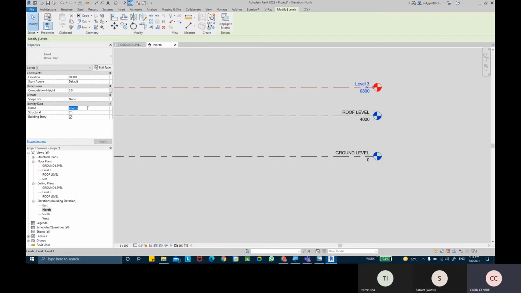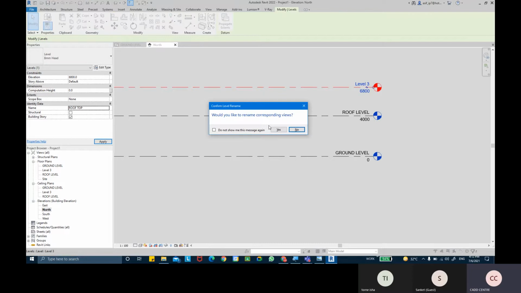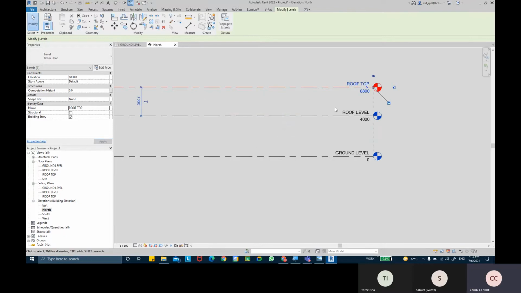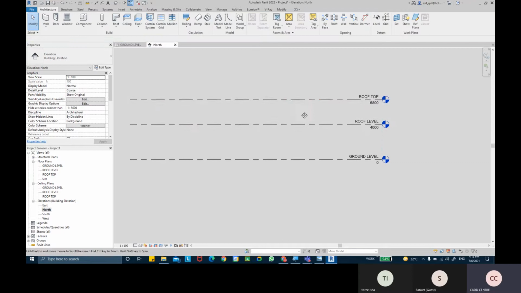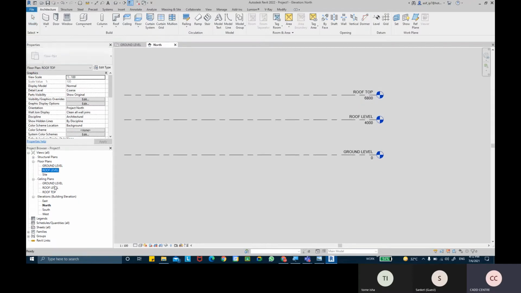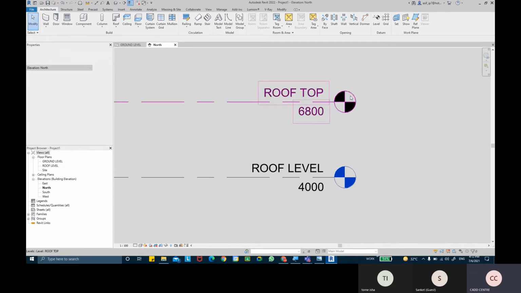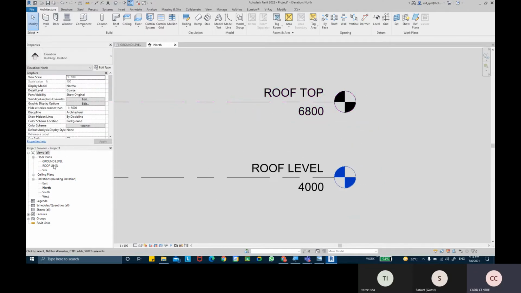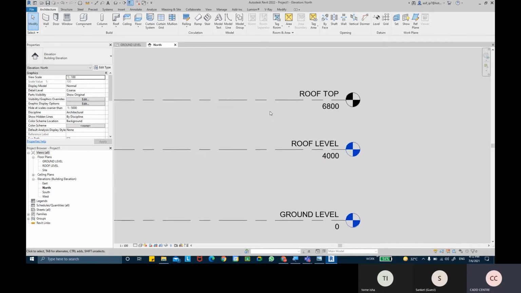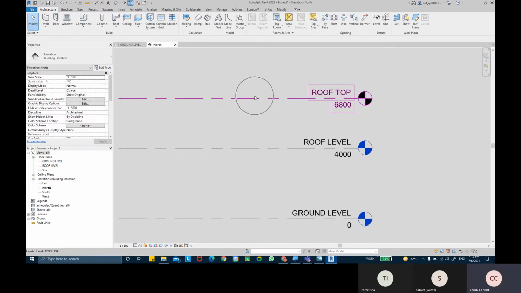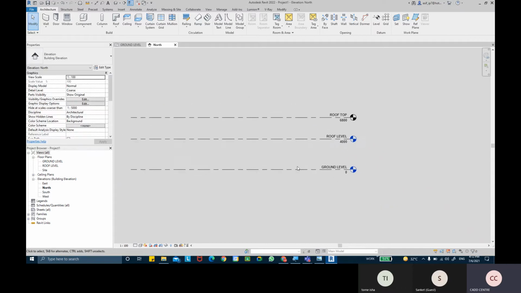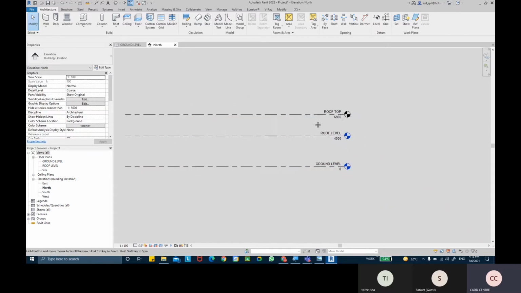And this can be my rooftop maybe. So we have 3 levels. Now the rooftop can be an inactive level also, so we don't need an activation level for the rooftop. It can just be a dummy level. So I have 3 levels over here: ground level, roof level, and rooftop level.